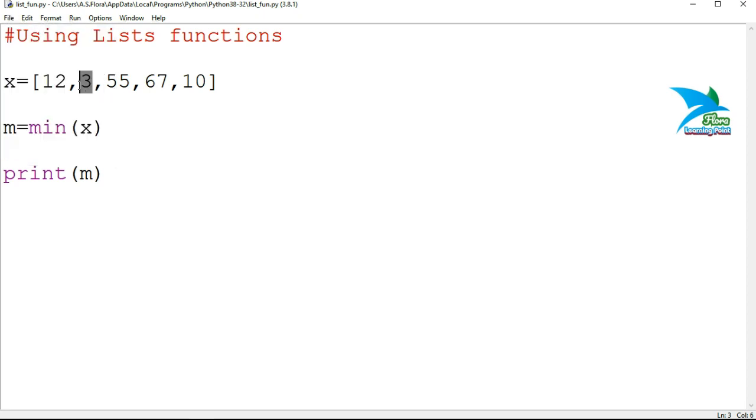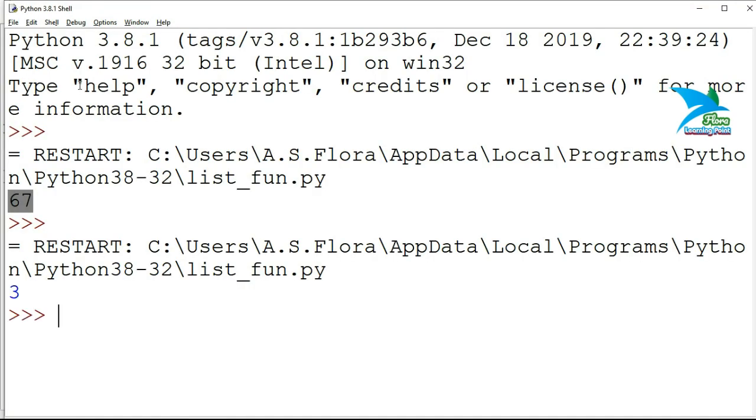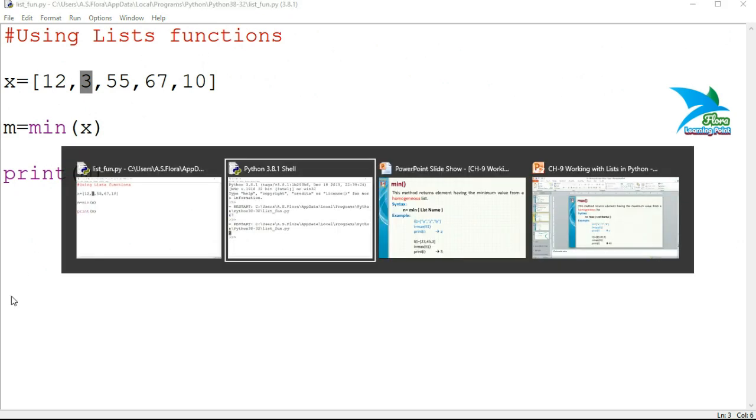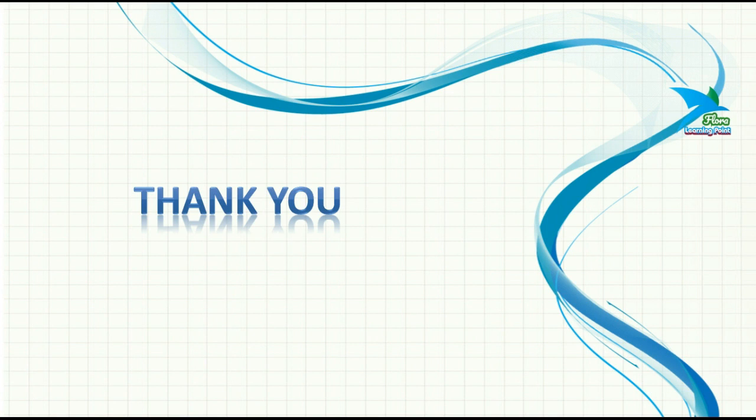If you use min instead of max, then it will return the minimum value. Presently 3 is the element with the minimum value. Just try to run this one. So here we have 3. That is all about how we can make use of this min function.